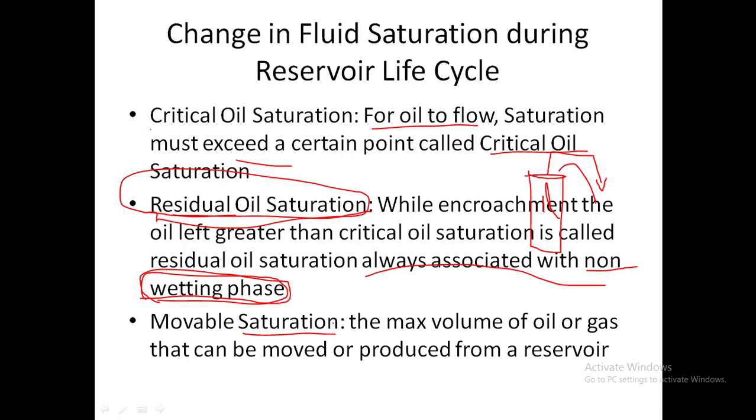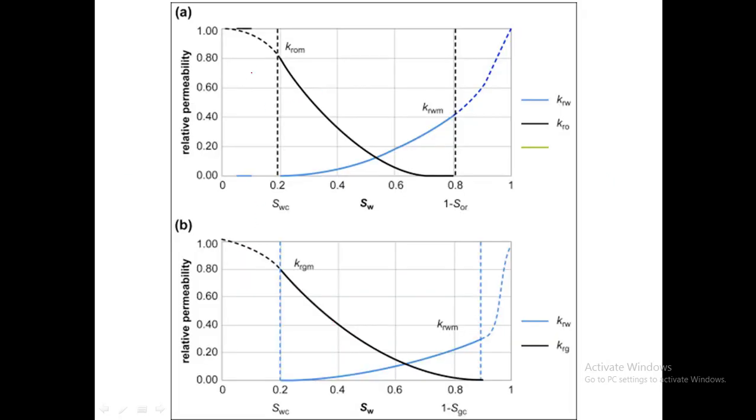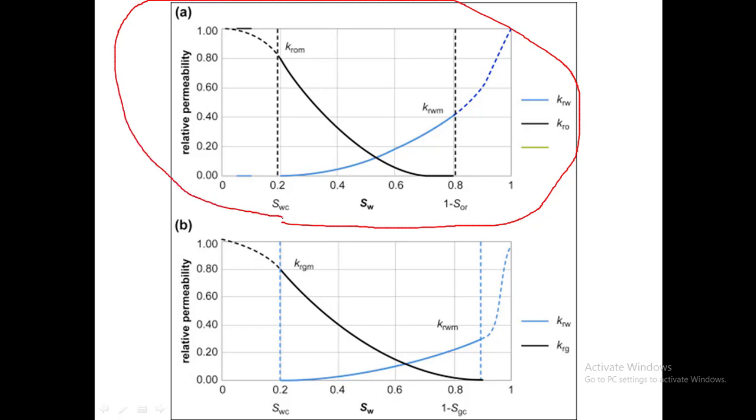Okay, right. So let us try to understand with this graph. The first graph is concerned with oil. As you can see over here, it is the connate water saturation, which is nothing but this: once in a reservoir the oil tried to displace the water and it succeeded, but at a certain point even oil can't displace the water. So whatever water is left over after the drainage process, that particular water is said to be connate water saturation.